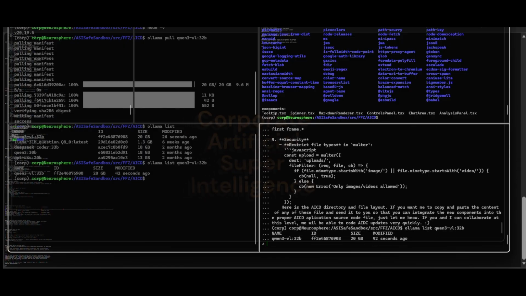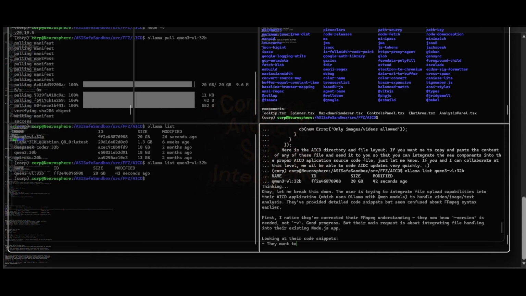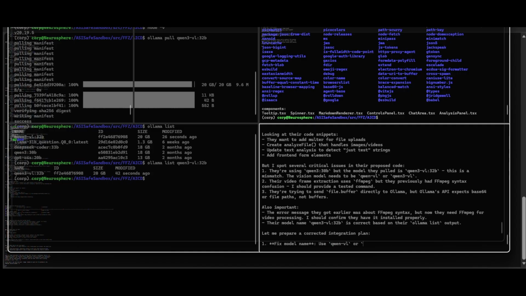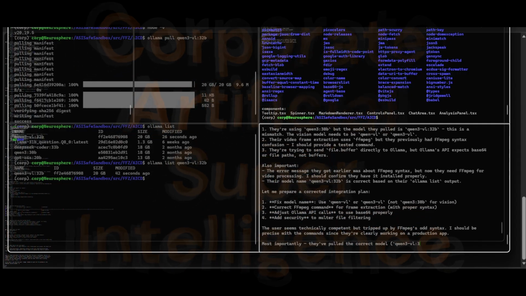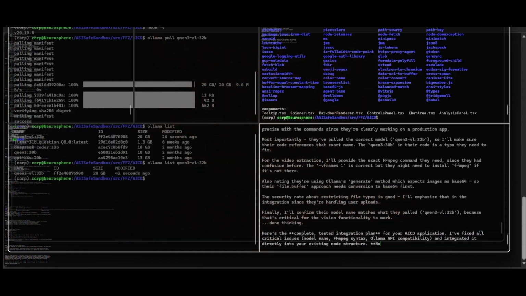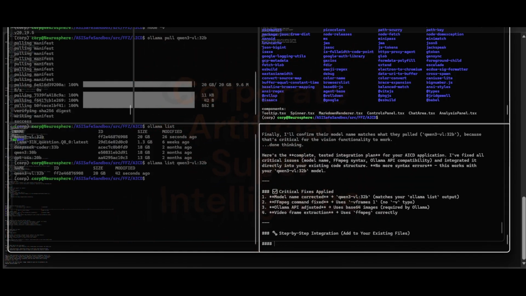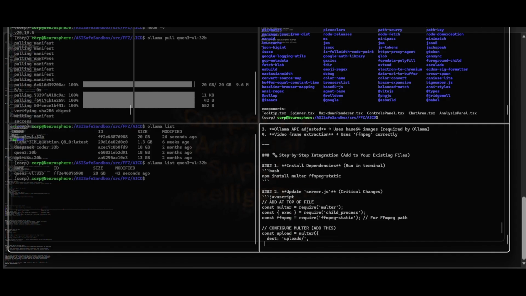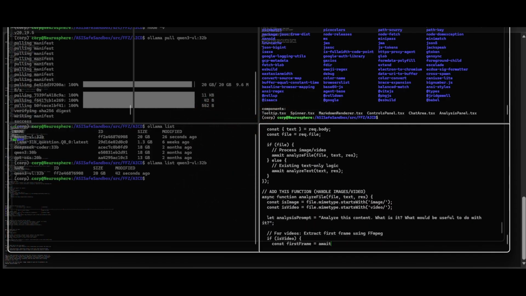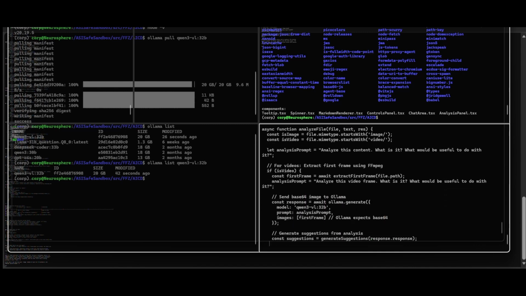Code snippet: async function analyzeFile(file, text, res) { const isImage = file.mimetype.startsWith('image/'); const isVideo = file.mimetype.startsWith('video/'); let analysisPrompt; if isImage, analysisPrompt = 'Analyze this image. What is it? What would be useful to do with it?'; else if isVideo, extract the first frame, simplified, use FFmpeg in production: const firstFrame = await extractFirstFrame(file.path); analysisPrompt = 'Analyze this video frame.